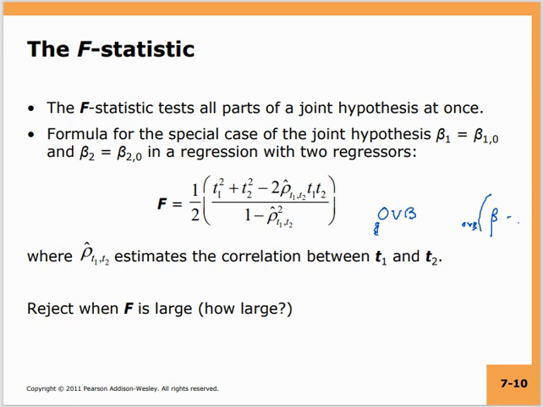So if x1 and x2 are highly correlated, then the associated t statistics will also be highly correlated. So then the F statistic is just defined as this quantity, which is t1 square plus t2 square minus 2 times the correlation between t1 t2, divided by 1 minus correlation of t1 t2 whole square. We will reject the null hypothesis that beta 1 and beta 2 are both equal to 0 if this computed F statistic is large. And how large is this? That also we will find out, how we will determine.